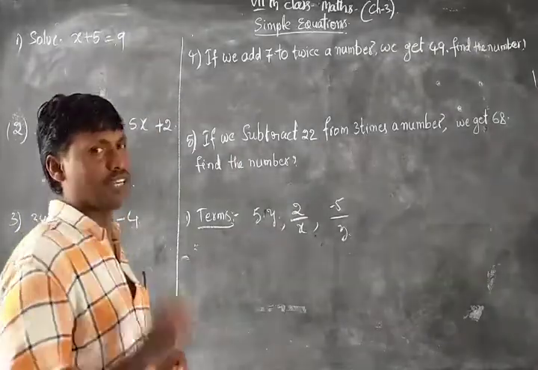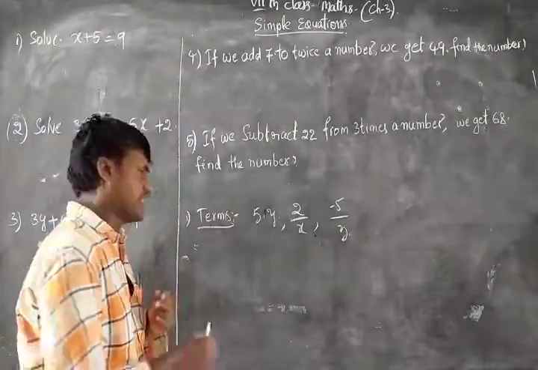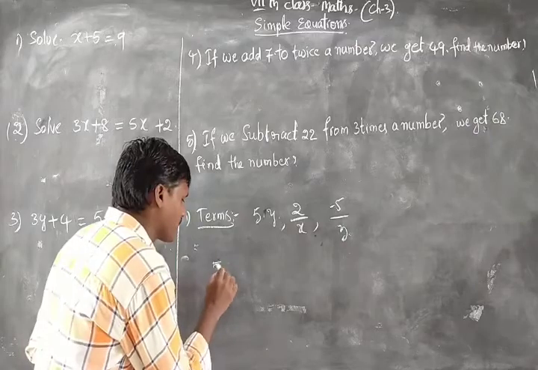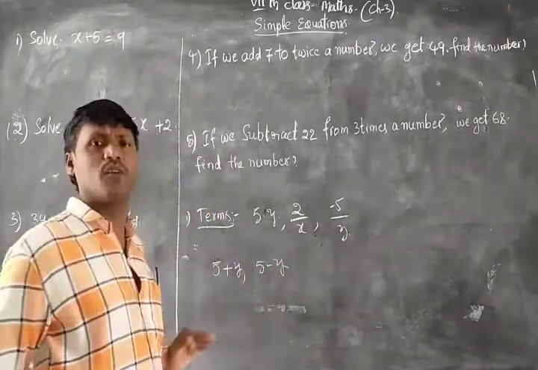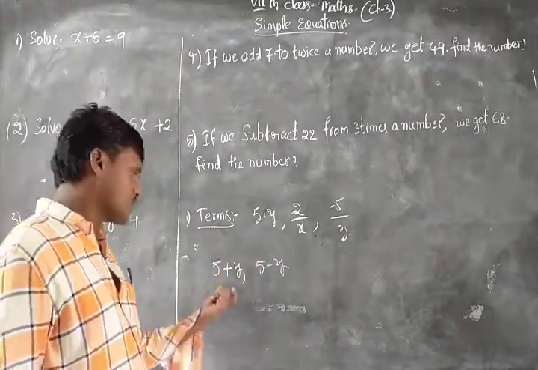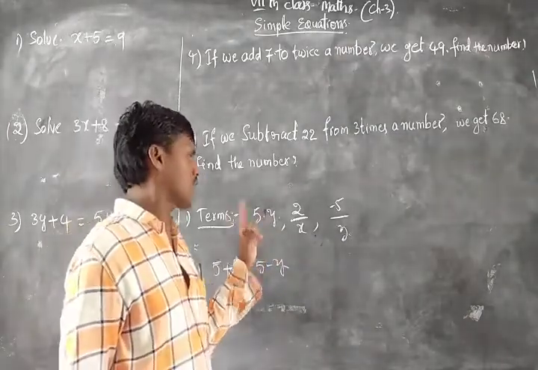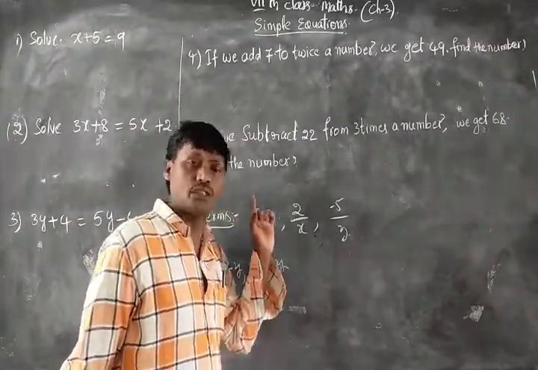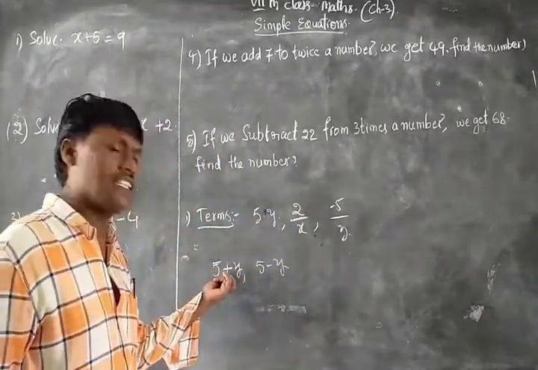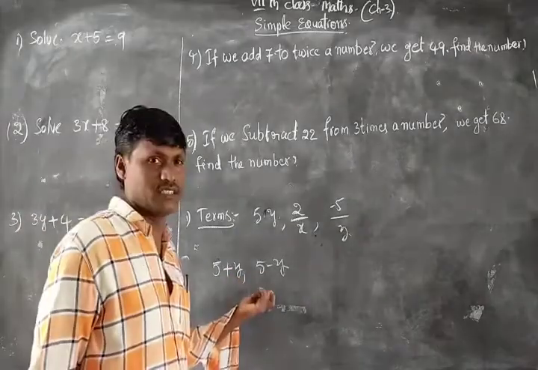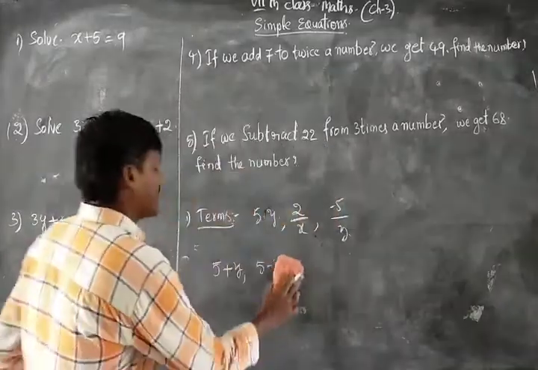Next, there is a caution. Caution means a small defect here. What is that? I am going to give an example: 5 plus y, 5 minus 5. Is it a term or not? Very important point. It is not a term, because before that I told you a product of variable and constant is a term. But here addition or subtraction is given, so it is not a term. It is very important.